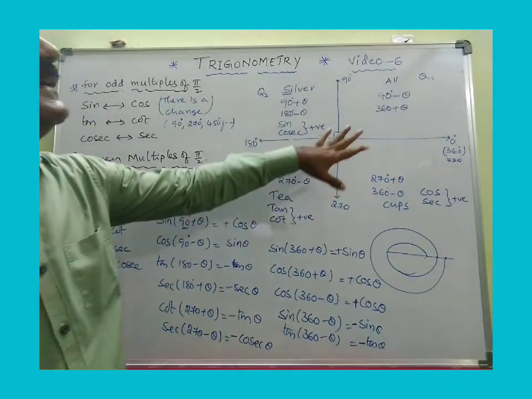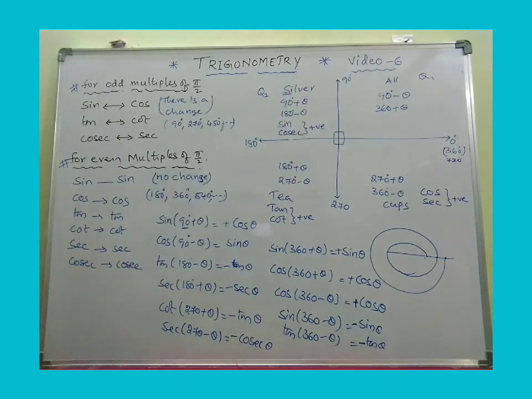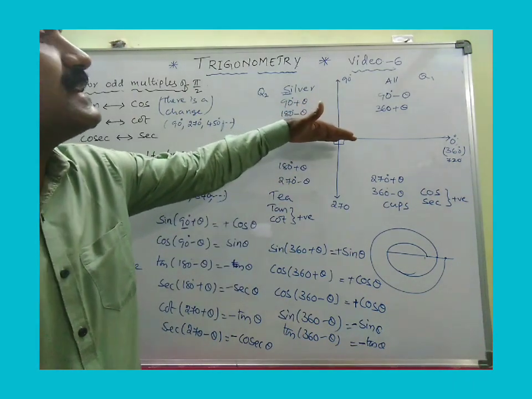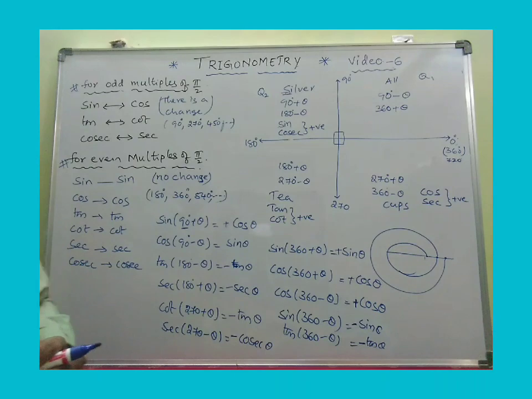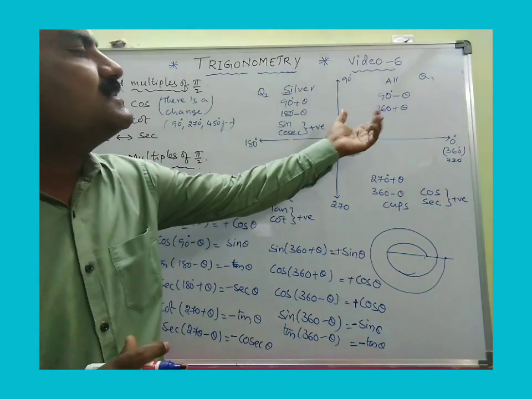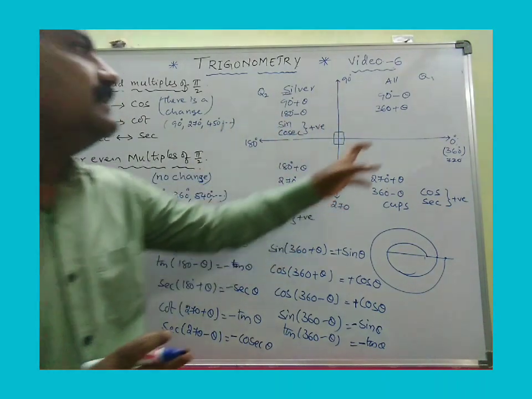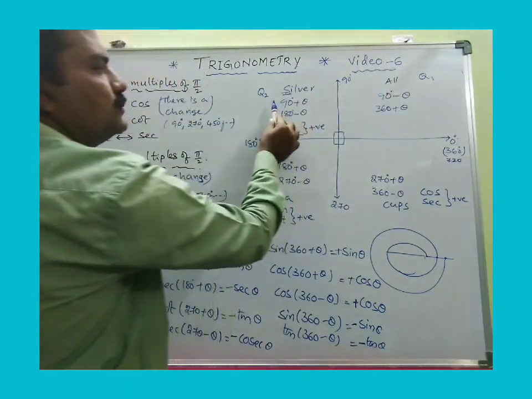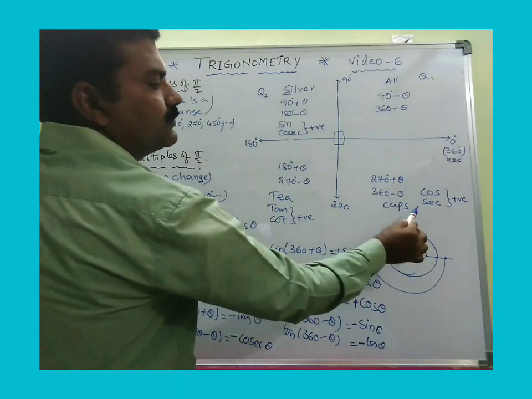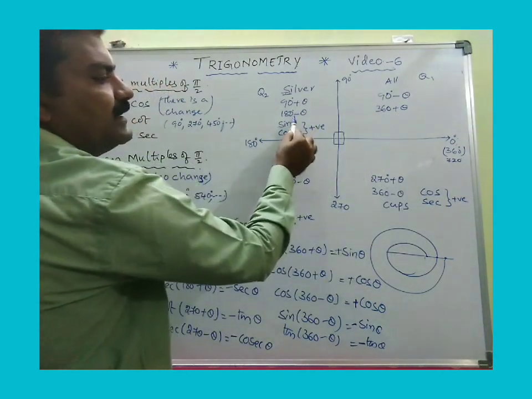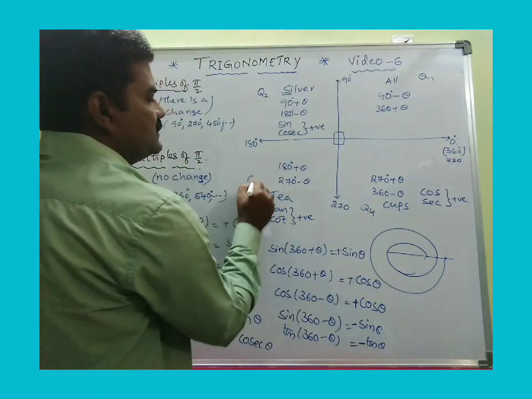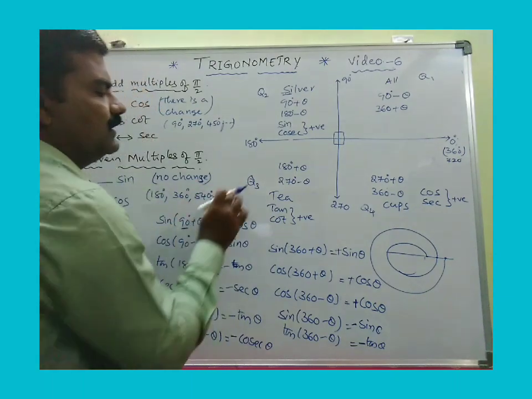So first of all, the entire plane is divided into 4 equal parts with the help of 2 mutually perpendicular lines, that is, one is the x-axis and one is the y-axis. Each equal part is known as a quadrant. Hence, starting from the extreme right: quadrant 1, quadrant 2, quadrant 3 and quadrant 4. I mean first quadrant, second quadrant, third quadrant and fourth quadrant. This is Q3.